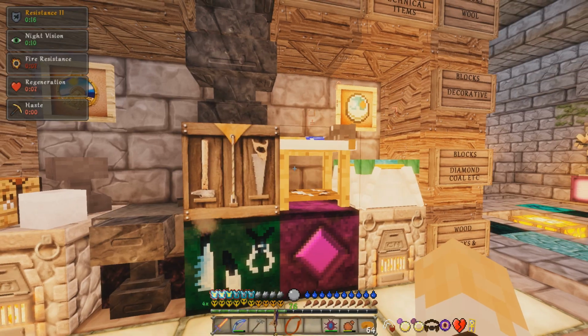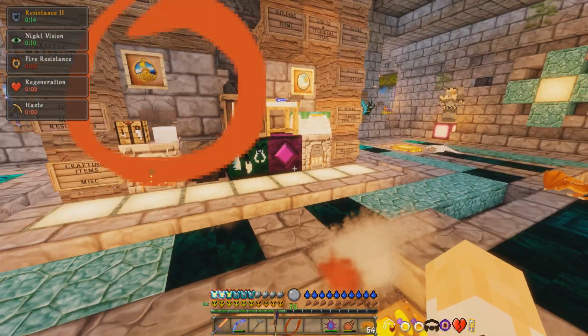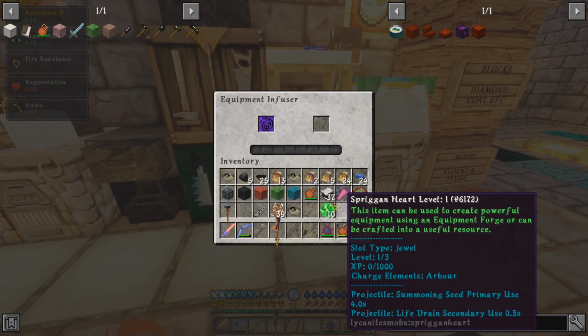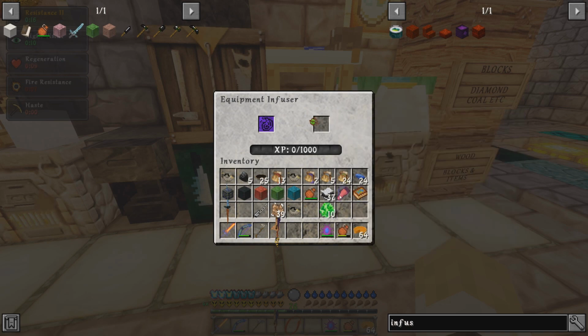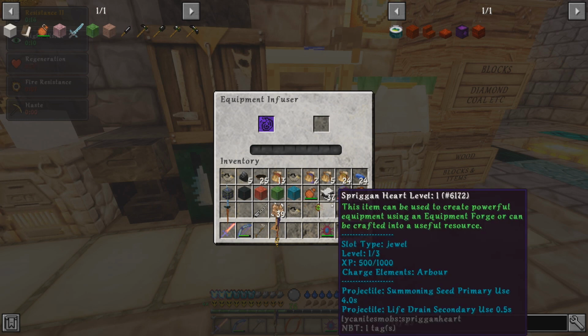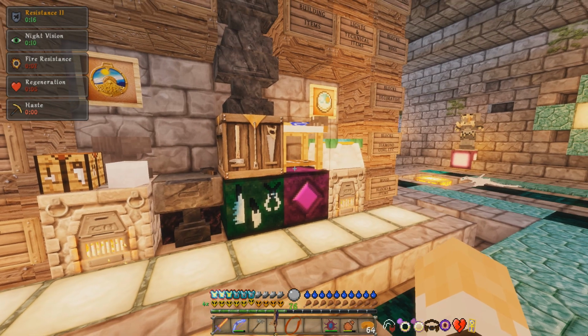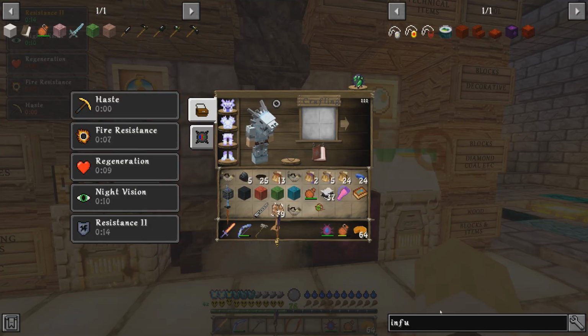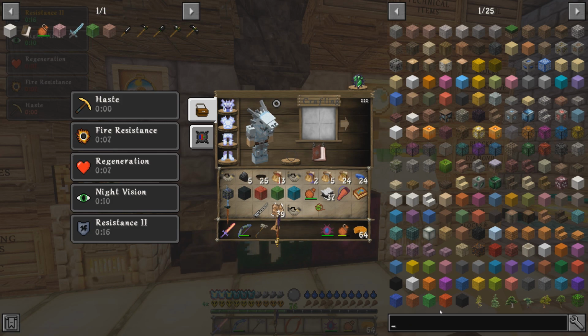Yeah, it's probably going to be all of those plant-based ones. But I guess we could try this out anyway with this Spriggan Heart, because I do want to play around with this Spriggan Heart. We'll try and level this up. So that gets it halfway to level 2, which is, I guess, a start, shall we say. And I think to make anything out of this, let's have a look here. I think what we would need is,